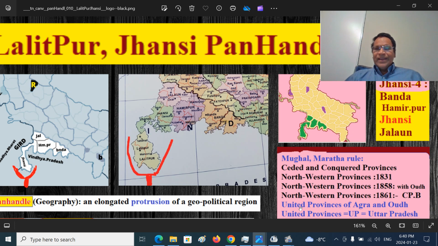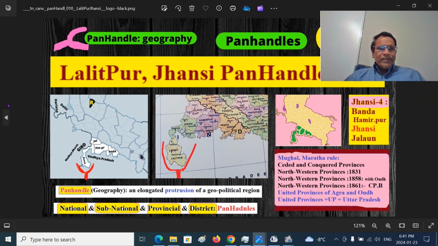Then later, because Agra is an important region, the capital for the Mughals many times, and the Awadh, Ayodhya region, they were united: these two provinces, Awadh province and Agra province, the United Province of Agra and Awadh. Later they dropped these inconvenient words Agra and Awadh, and simply called it United Provinces. After partition and independence, it came to be called Uttar Pradesh. So the abbreviation stayed the same. That is a brief geography of this region.